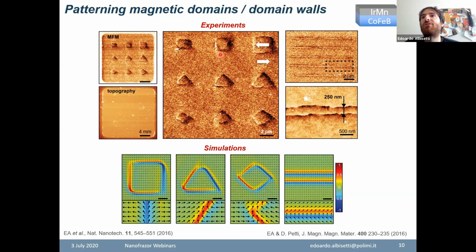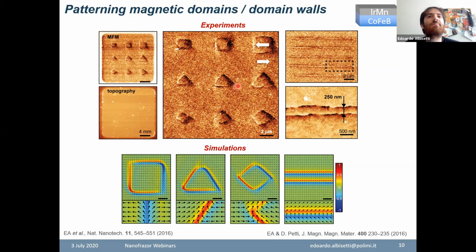So domain walls in general, if you heard about racetrack memories, for example, there are recent proposals of a spintronic device for actually storing magnetic information. Well, the magnetic information in that device is actually stored in the domain walls. So this is to say that domain walls, and regions in general that separate uniform magnetic domains, are very important